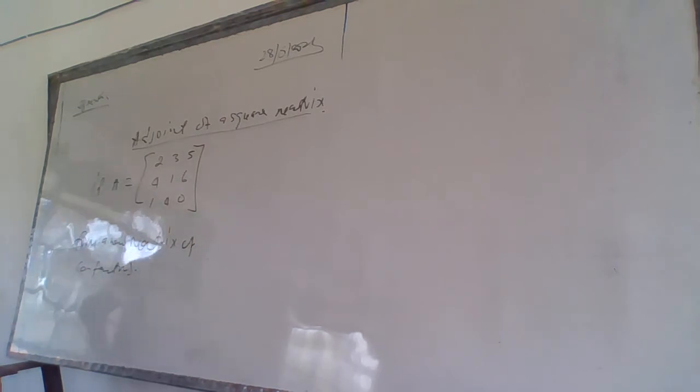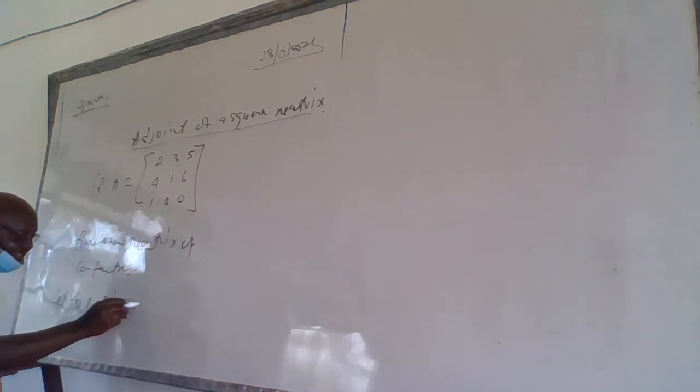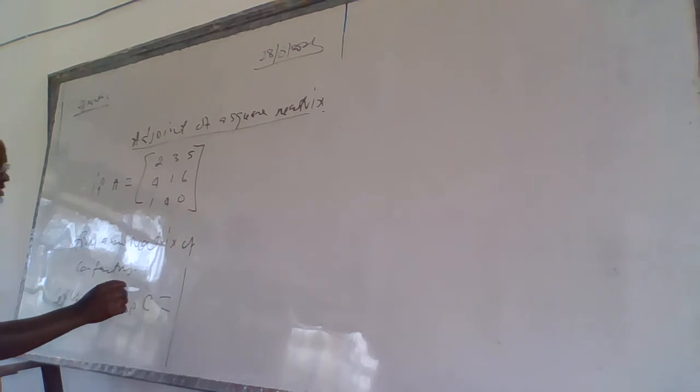Now we can say let that matrix be C equals to, now this is the matrix for cofactors,